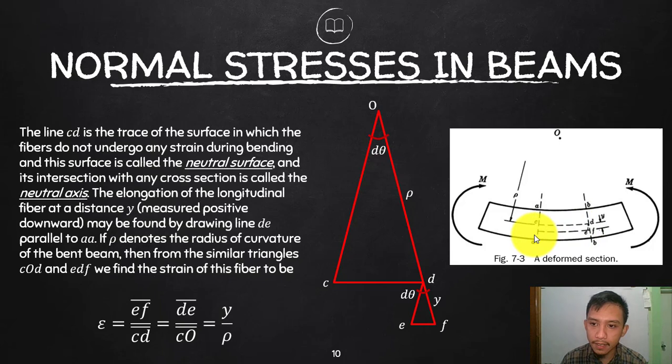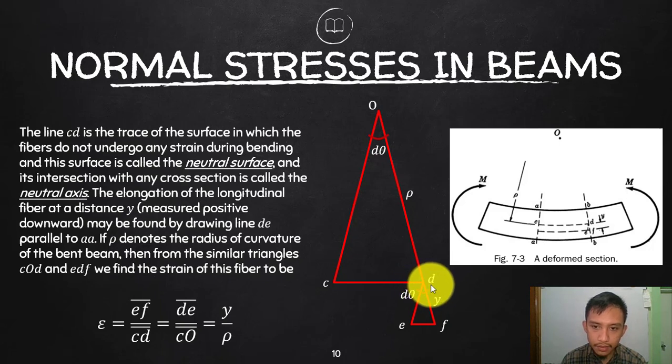So the unelongated or unstrained length is CD, and then the additional length is your EF, that is your elongation. The ratio of the elongation with respect to the original length is what we call the strain, isn't it? That is your epsilon. And since we can apply ratio and proportion with your big triangle and this small triangle, I will now ratio EF over CD, EF is to CD,